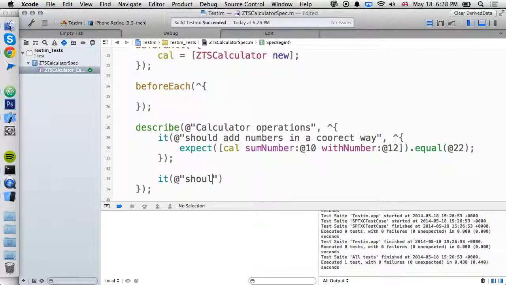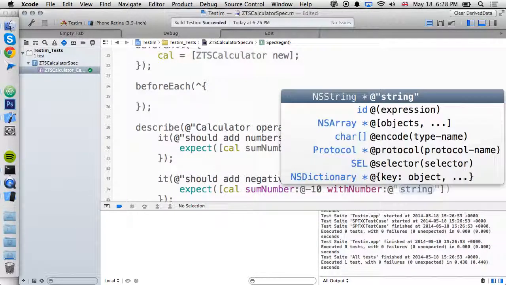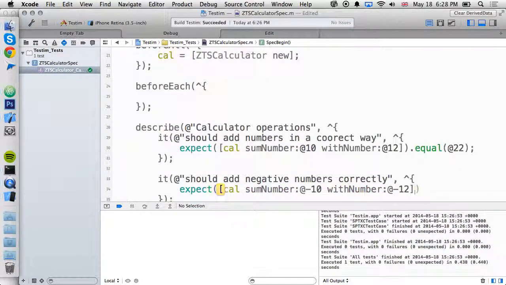Let's say should add negative numbers correctly. We provide another test which is pretty similar. We expect, let's call some number like -10 with -12 equal -22. We run the test,